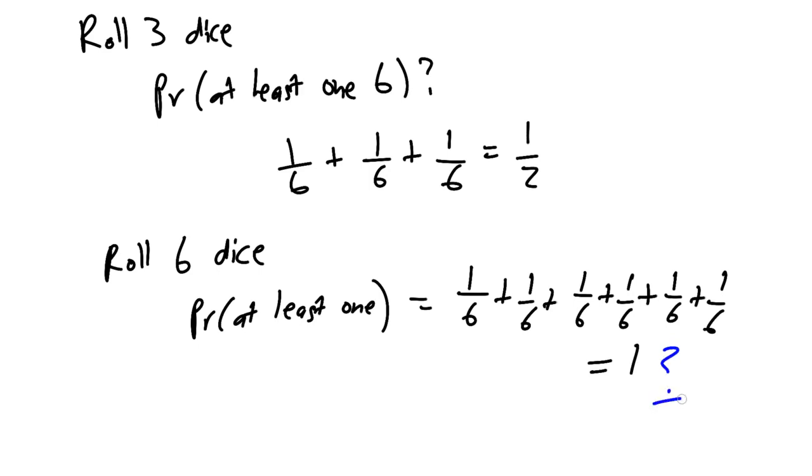Can this possibly say that if I roll a die 6 times, I am guaranteed beyond the shadow of a doubt that I'm going to get at least one 6? Certainly that's not the case. If you roll a die again and again, you're going to have lots of strings of 6 or more rolls where there weren't any 6s. Clearly, it can't be the case that there's a 100% chance of getting that.